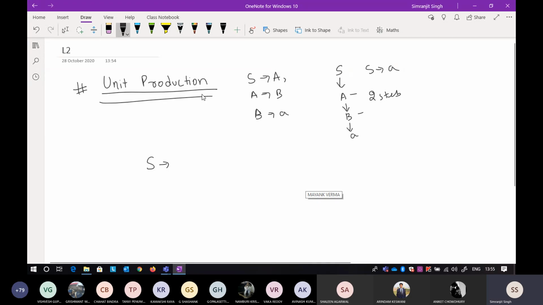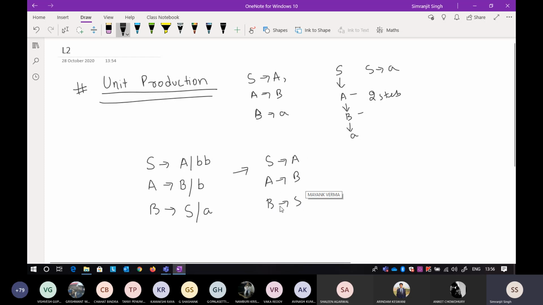Okay, so this is the easiest one. A tends to bB. Now this A tends to a big B and then small b, and B tends to aS and a small a. Okay, so in this one, this is all. There is also another concept that whenever you get the same thing, you just stop there. Okay, I'll tell you how. Now the unit productions here, if you identify them, are S tends to A, A tends to B, and B tends to S. Okay, so that is the problem.